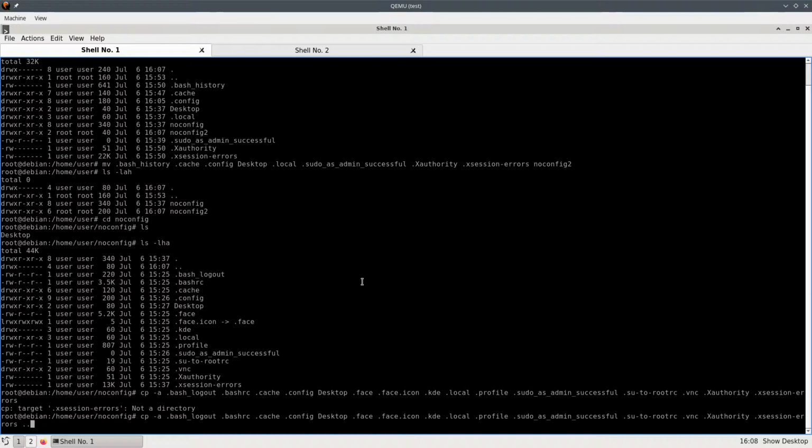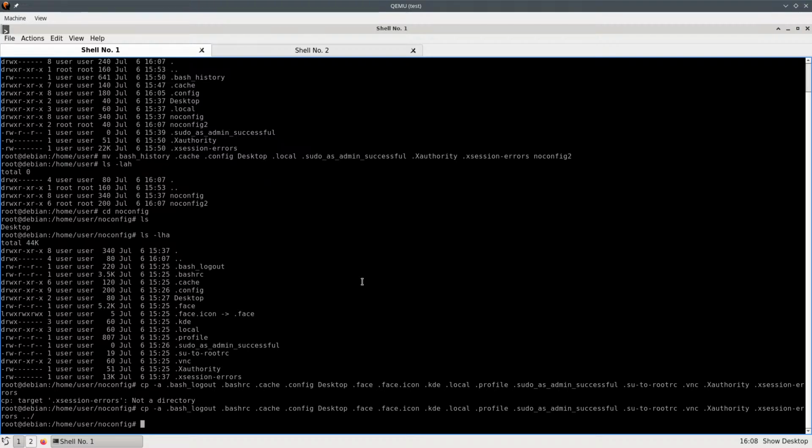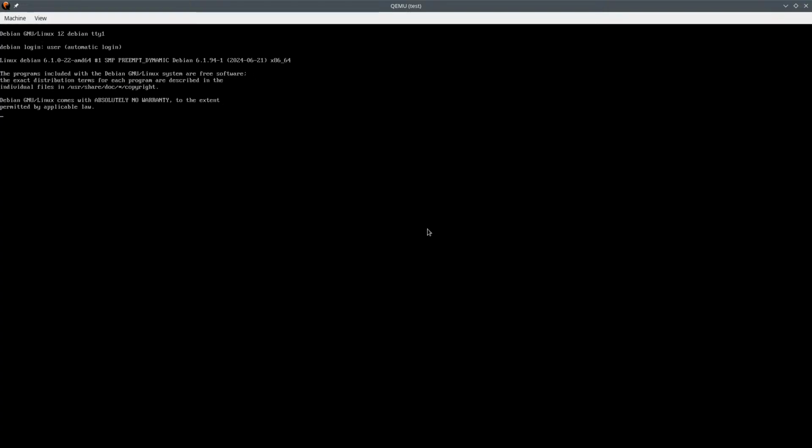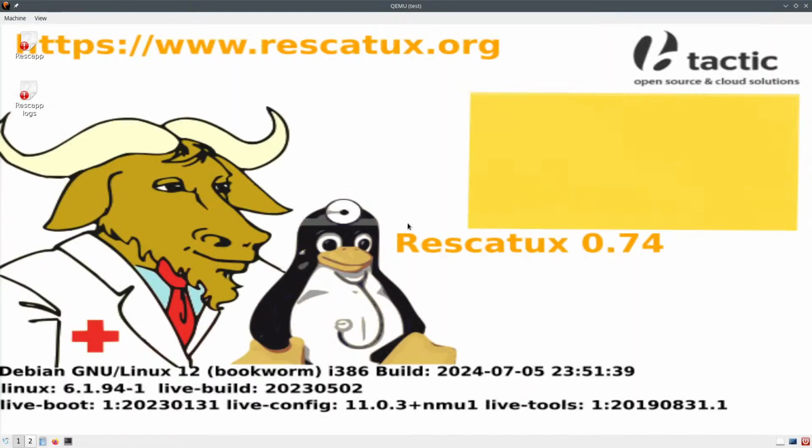Yeah, here. And now we can log out, and hopefully when we log out and log in, we have what we are used to. Okay, this is what we are used to in Rescatux,